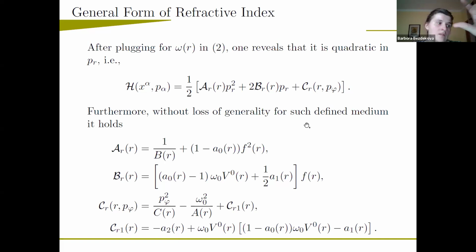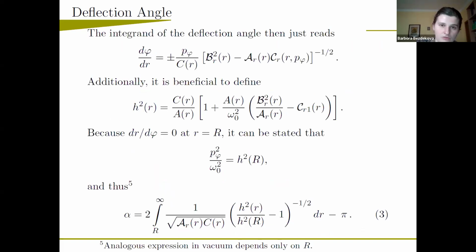As you maybe remember, the deflection angle depends only on dr over d phi, or the opposite, and besides this dependence on p_r, I am also interested in the function of p_phi, which is the constant of motion for this system as well. It enters only at this one position which is present here, so I can also write it here. So it is very convenient and straightforward to calculate the equations of motion. When I do that, I can